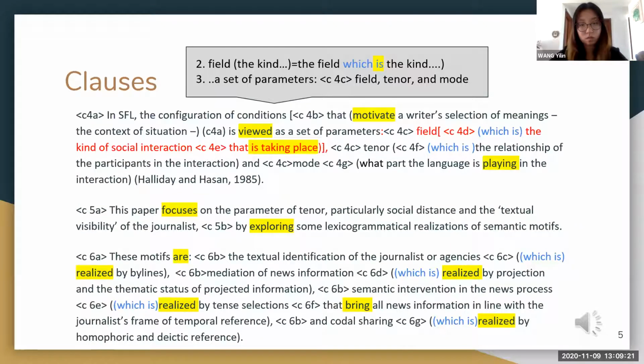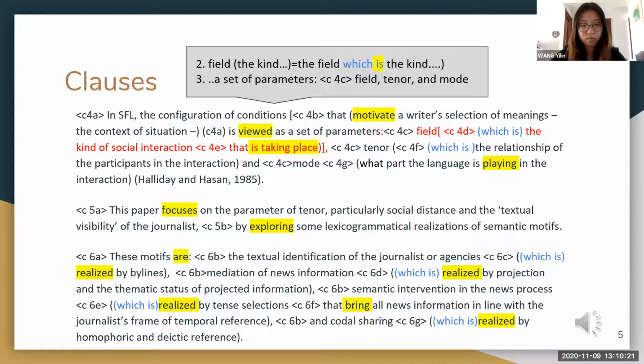But there is something special in abstract 9, as rule 2 shows. There are many brackets that follow a noun, and the content in the brackets is always to explain the noun. So when analyzing, I made the content in the bracket part of a relative clause to explain the noun before the bracket, and they are all in blue font. For example, in clause 4D, field (the kind of social interaction) was rewritten as a field which is the kind of social interaction. As this example shows, this rule is also applied in clauses 4F, 4G, and 6C,